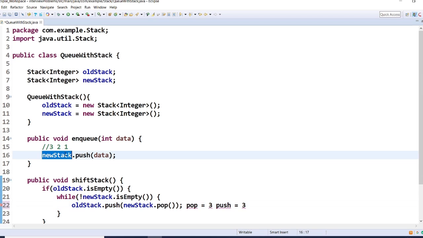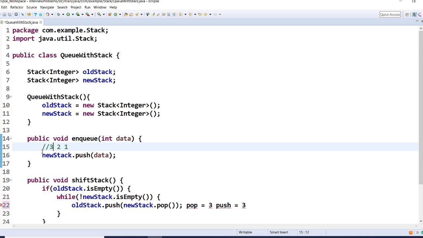In the new stack it is the first element, but I'm popping it out and inserting it into the other stack. So in the old stack it is the last element. In the same way I will pop 2 next, then 2 will get added like this, and then I will pop 1, and 1 will get added like this.